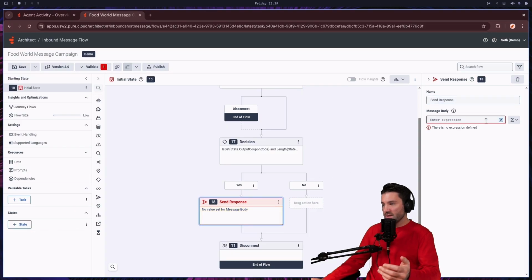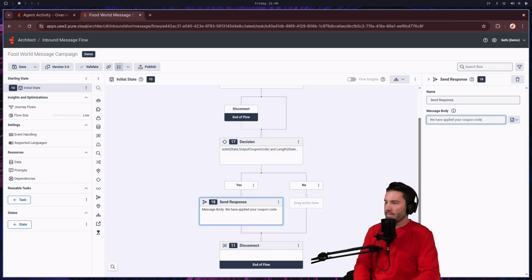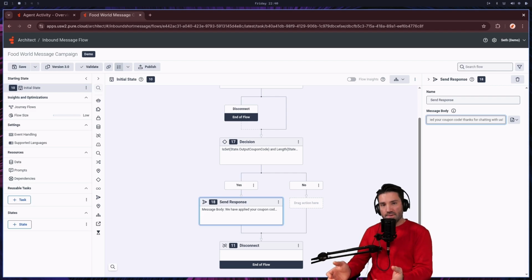And this response is going to be very similar. And so we're going to say, let me see if I can open this guy up for you guys. Let's do literal. We have applied your coupon code. Thanks for chatting with us. So there we go. We got a little bit of a difference that I've done with the inbound message flow